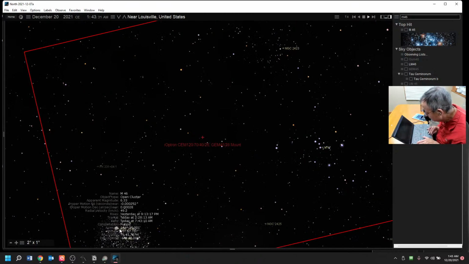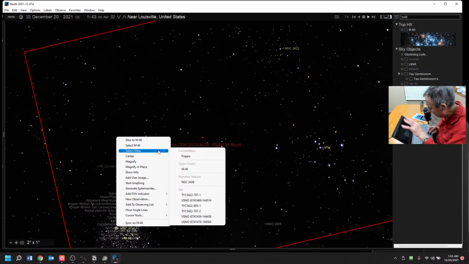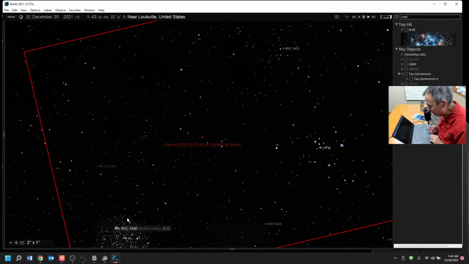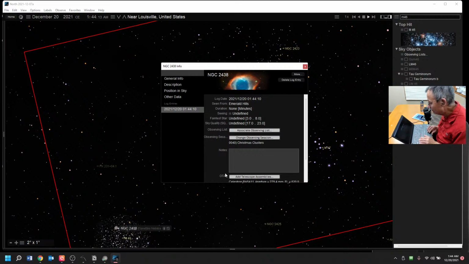and wait until, now notice how M46 is superimposed over the top, but look what Starry Night Pro can do. I'm going to right click here and I'm going to say select another object, and it's going to show me the objects that are in the area, and it shows them to you by name, broken down by categories. Ask yourself, does your planetarium program do this? Okay, now I'm going to select NGC 2438, and now notice when I hover over it, it's like bring to front. If you're used to something like Photoshop, it brought that to front. And I right click and do a new observation of this and say,